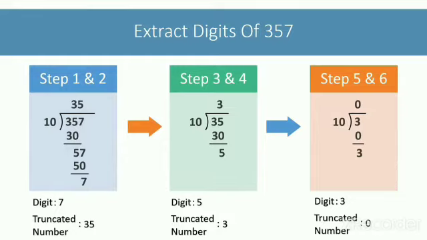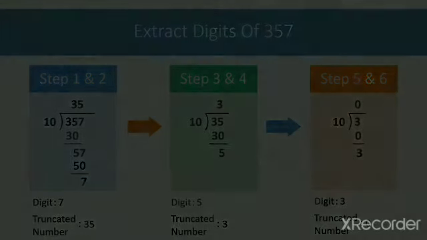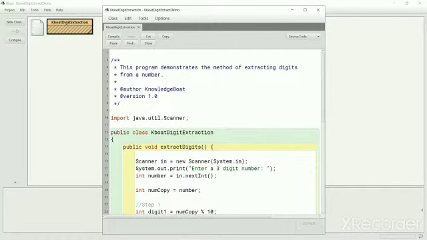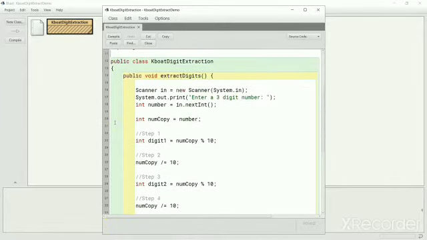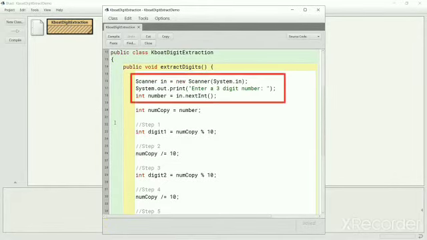Now, let's translate these steps into Java code. I have coded all the steps of digit extraction that we discussed just now in this extract digits method of kboard digit extraction class. Let's go over the extract digits method. We first ask the user to input a 3-digit number.